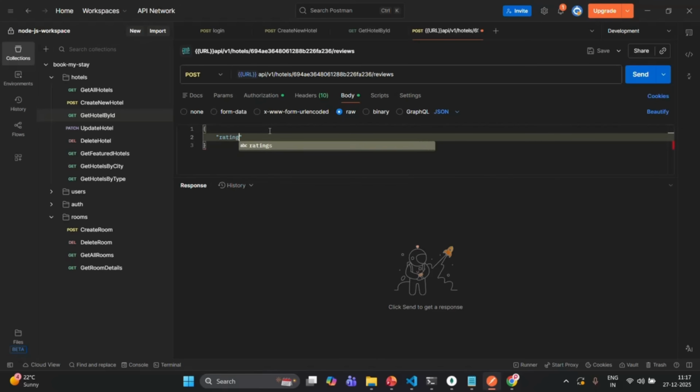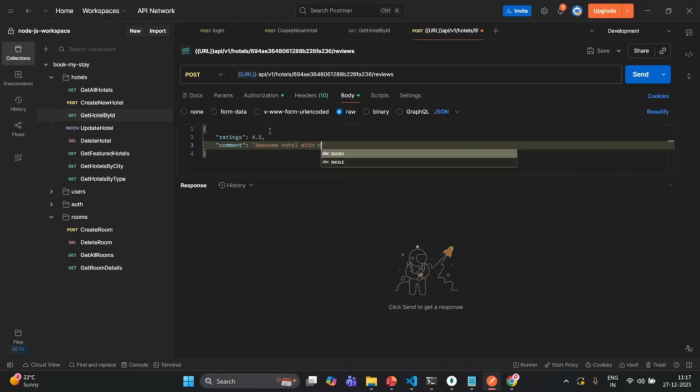So rating, actually it is ratings. Let's say ratings is 4.5, and then let's also add comment, and let's give some comment here. Let's say awesome hotel with nice ambience and great service, something like this. And let's try to make this post request. If I send this request,